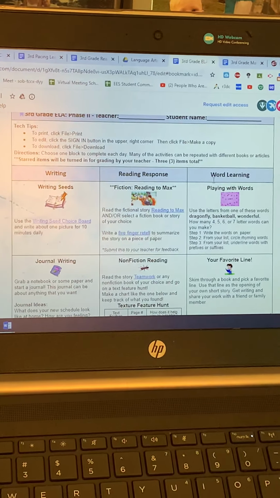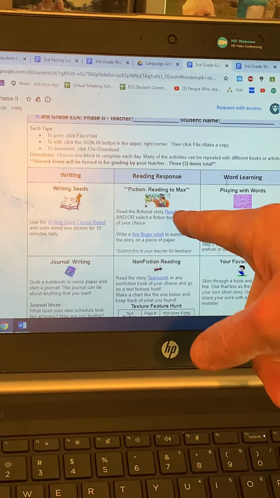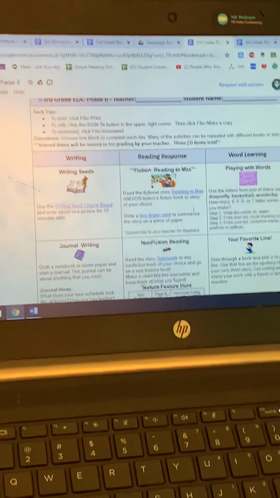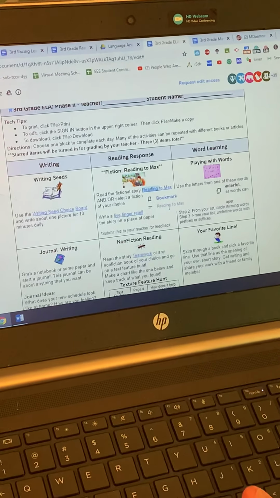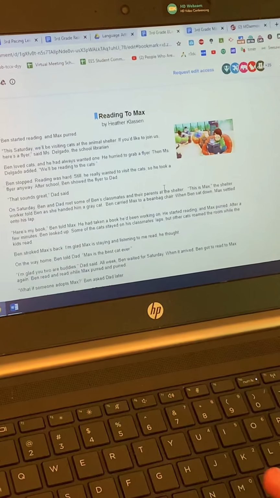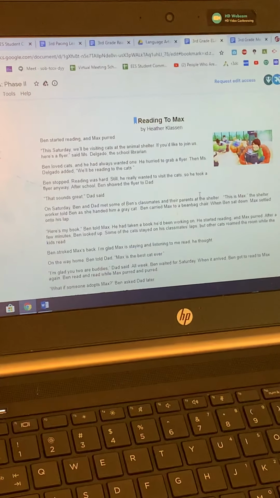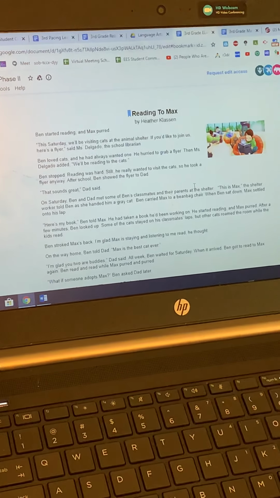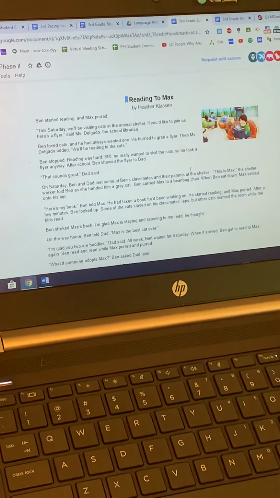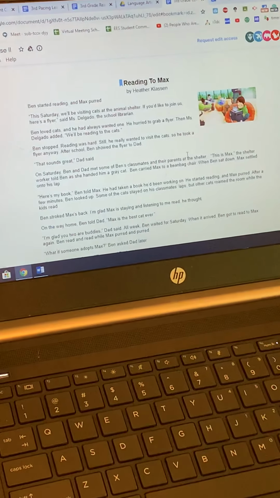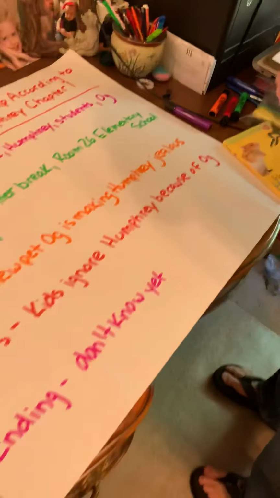Fiction meaning it's not true. Or you can select reading to the max. Well, let's go and select reading to the max and see what that looks like. My bookmark. And here it is. So it's a short story like we've read together. Your assignment before we meet for Zoom on Wednesday is to read this story and come up with a list